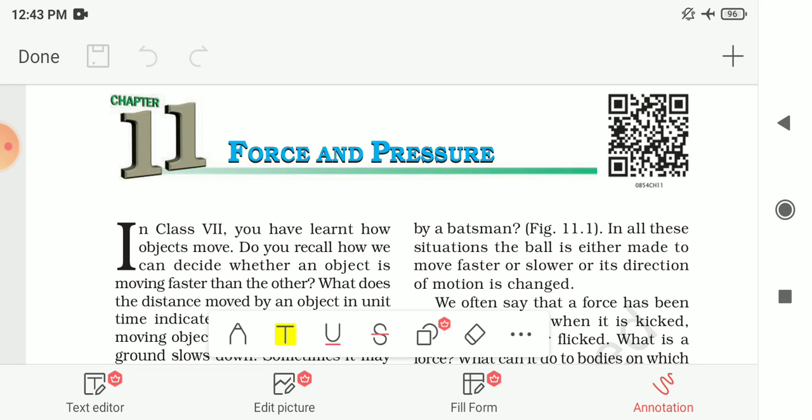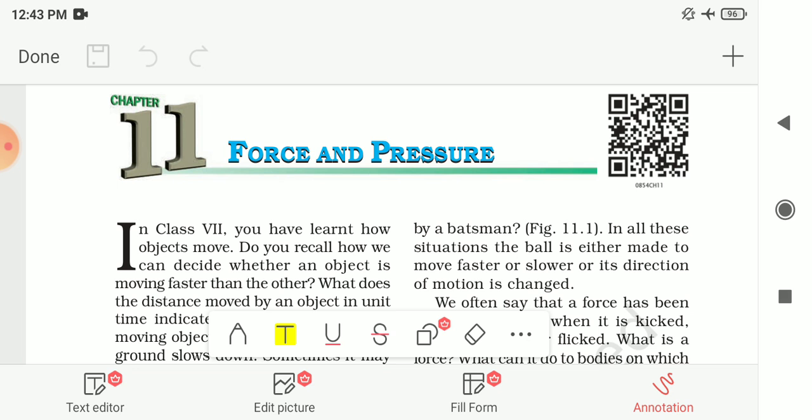In the previous video of this chapter we had seen what force is and how force affects the different states of any object. We had seen that a push or a pull on an object is called a force. Then we had seen that the strength of a force is expressed by its magnitude, and with that we also have to represent its direction, that is, in which direction the force is acting.